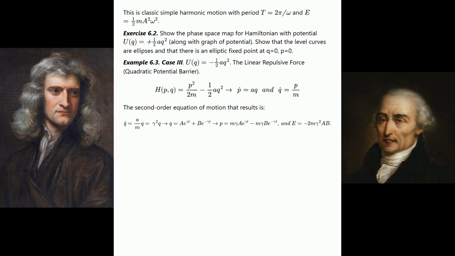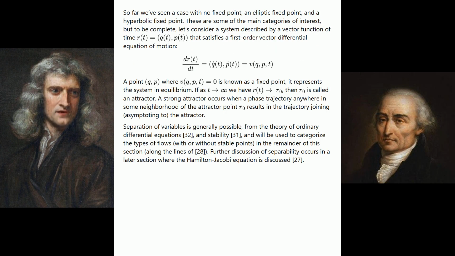Example 6.3. Case 3. U(q) equals negative 1/2 a q². The linear repulsive force, quadratic potential barrier. See the equation shown. The second-order equation of motion that results is the next equation. So far we've seen a case with no fixed point, an elliptic fixed point, and a hyperbolic fixed point. These are some of the main categories of interest, but to be complete, let's consider a system